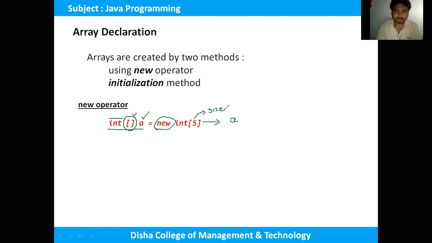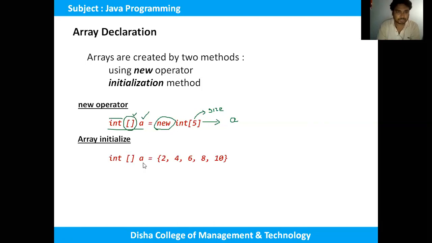This is one method, and the other method is the initialization method. In the initialization method, without using the new operator, we can directly assign values. If we look at the difference between these two, in the first case, the new operator case, we are not storing the value here.